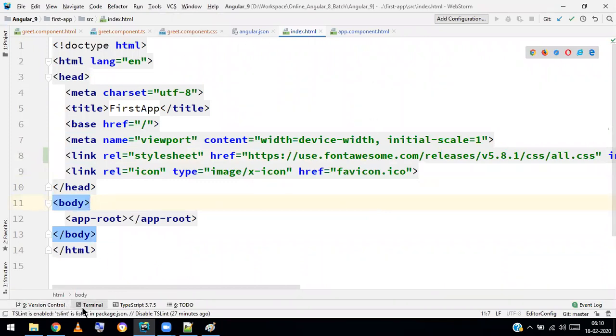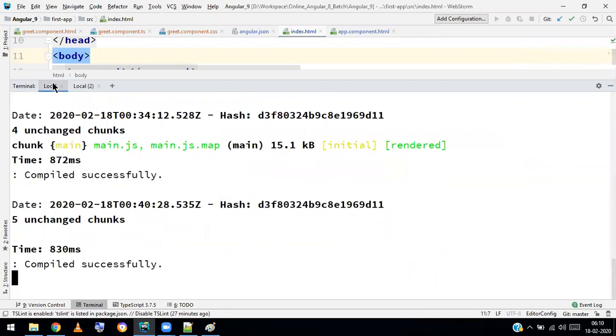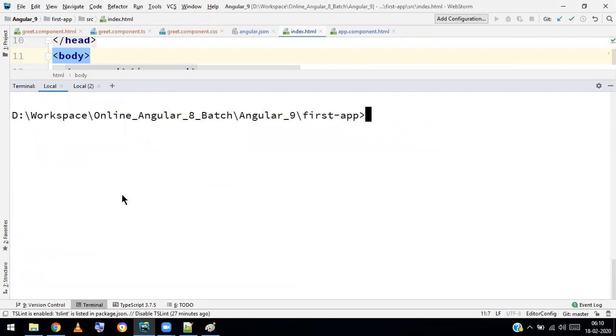Let me start the server. I'll just stop it with Control C, clear the screen, and just say ng serve. Enter.